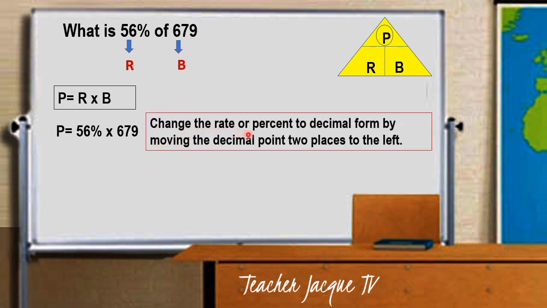Now, let us change the rate or percent to decimal form by moving the decimal point 2 places to the left. Okay, so nandito yung decimal point, i-move natin siya ng 2 places to the left. So, 1, 2. Dito natin ilalagay yung decimal point. Kaya meron tayong 0.56. So, another way in converting percent form into decimal form is, itong 56, i-divide mo lang siya kay 100. Why 100? Kasi yung sign na percent ay equivalent to 100. So, 56 divided by 100 is equal to